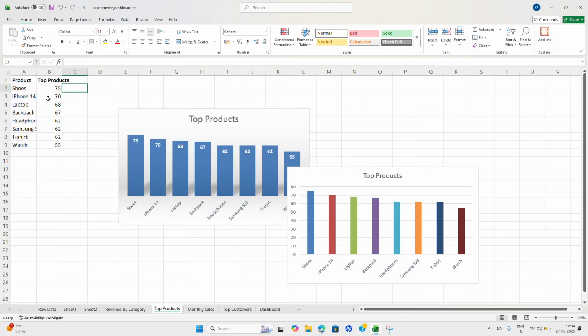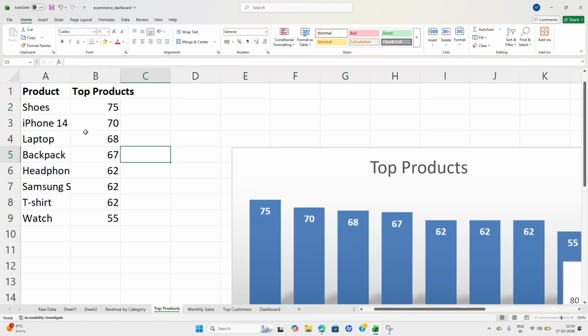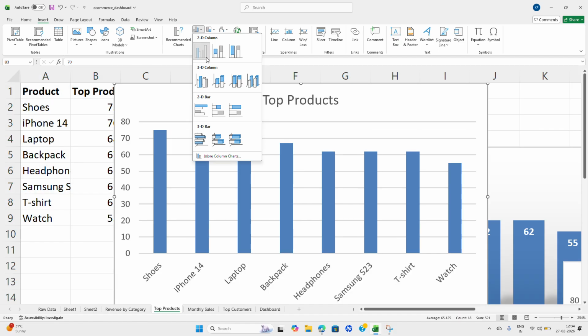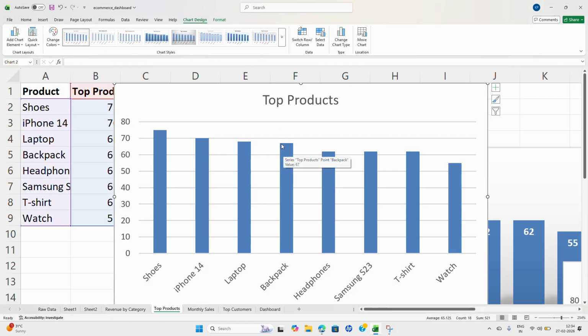In this top products sheet, this is the raw data of the top products. But I want this in a visual representation of a bar graph. So I'll select this data and go to the insert tab. Here you can see this is the bar graph. And now you can observe